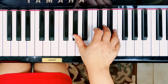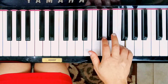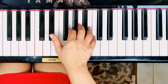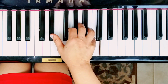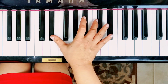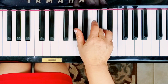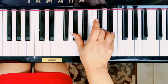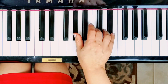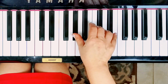3 and 1, 2. 3 and 1, 2. 3 and 1, 2, 3, and. Now, C and E flat, 3 and 5. First finger on A flat, back to the C, then the A flat, repeat that, repeat it again, C and E flat, 3 and 5, A flat, first finger, C, A flat,